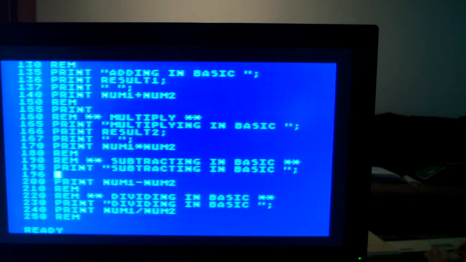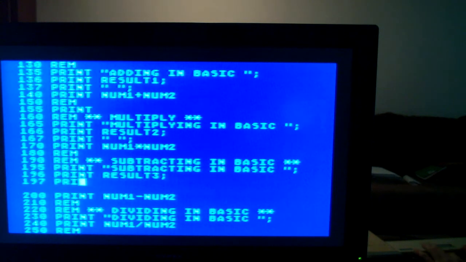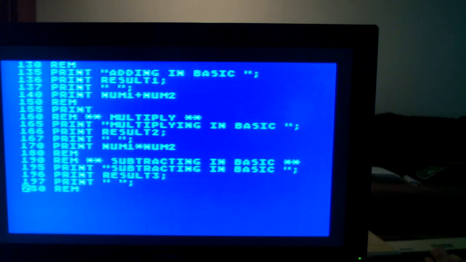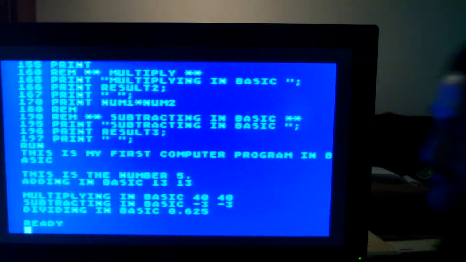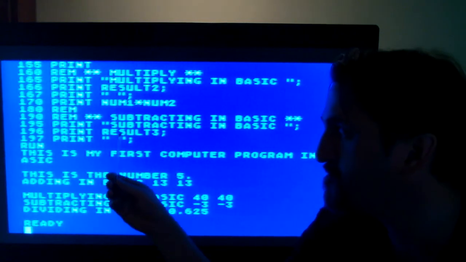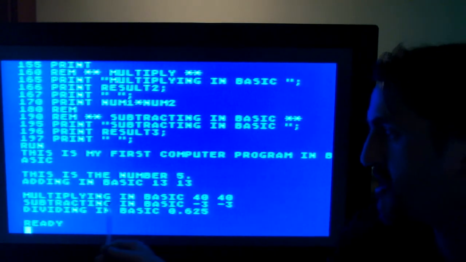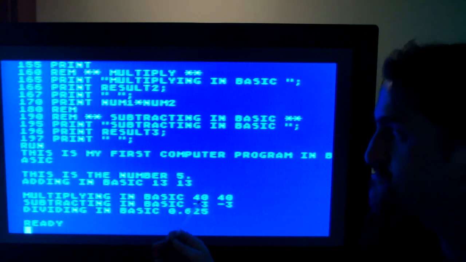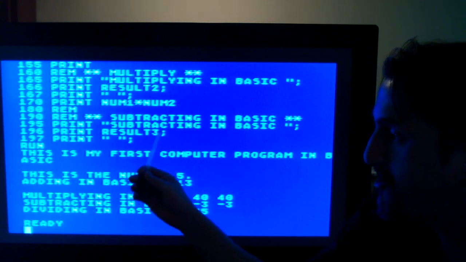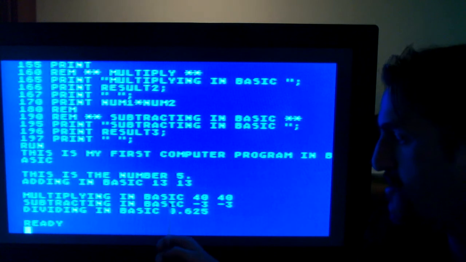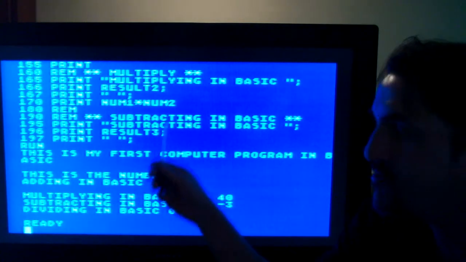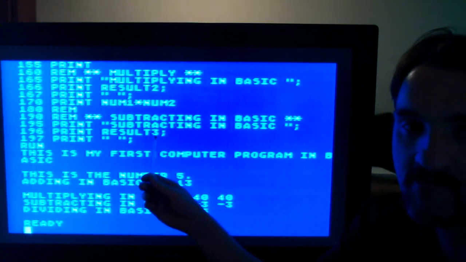I'll do the subtracting. That's result 3. And this line I'm doing right here below it is just inserting a space after the answer, and I'll run this and show you what that means. So next thing we've done is we're going to do the subtracting in BASIC, which is down here, and we're going to print result 3, which, remember, the result 3 earlier up in the program is holding num1 minus